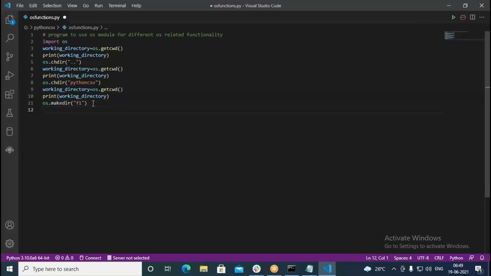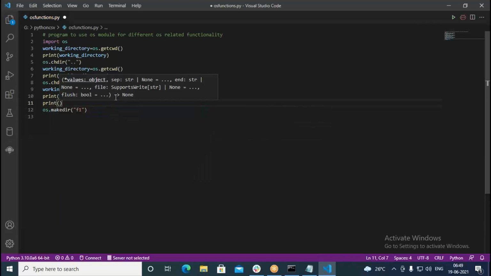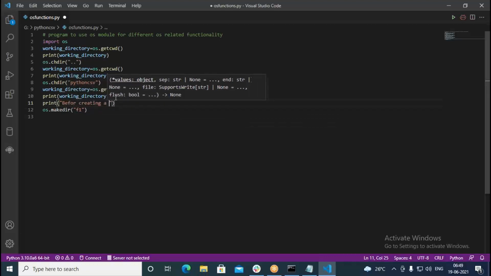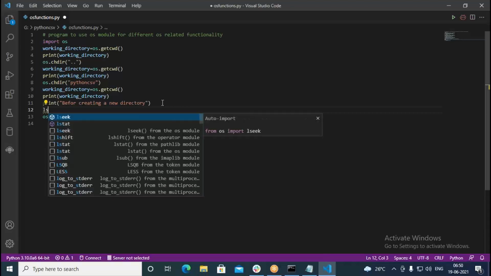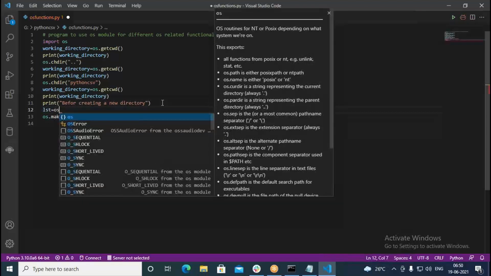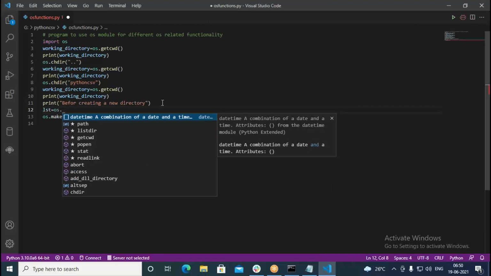And the other thing here is, whatever files are available in the current directory, you can print. So before creating a new directory, I put lst, followed by os dot listdir.